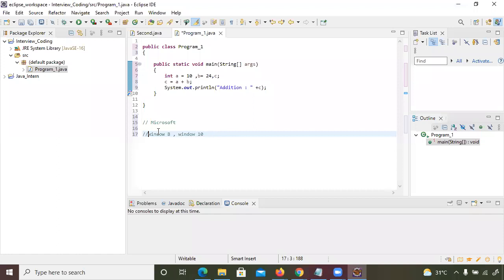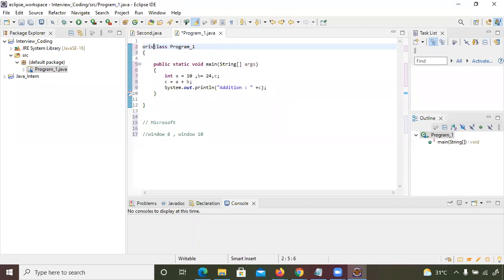So in that case, you have to reuse the code of Windows 8. When you want to reuse that code, it should be public. Then only every employee or developer working at Microsoft can use it. Suppose I don't make it public and you want to access it, you won't get it. Now you can see I removed public here, but there is no error, because I'm not using this program anywhere. But if I want to use program 1 in program 2, then I might get an error, because this is not a public class.